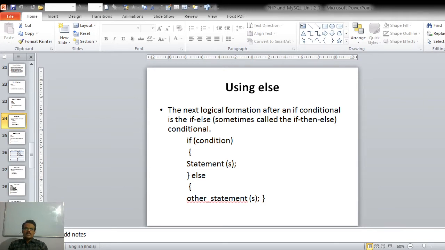We are checking the condition in the if part. If the condition is true, then the statements will be executed. Otherwise, if the condition is false, then the else part will be executed.